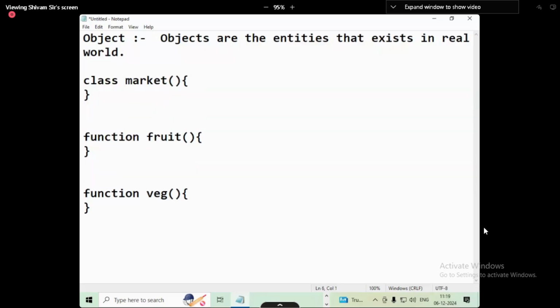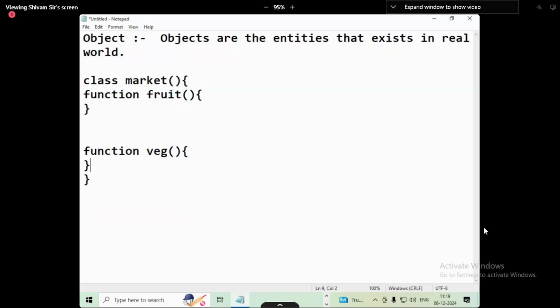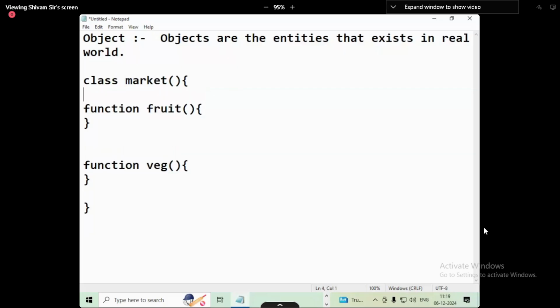You have to go to market for both the cases. So why don't you finish both the tasks in one go? Why go again and again? Now this is what classes and functions are. So one class will collect all the objects and bind them together. Understood now? Now let's come down to